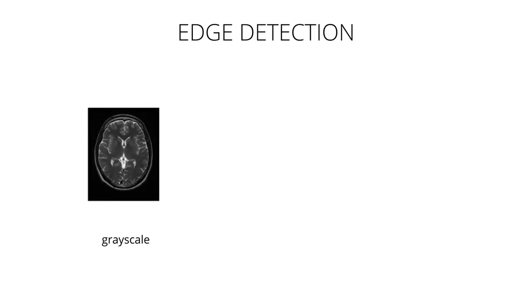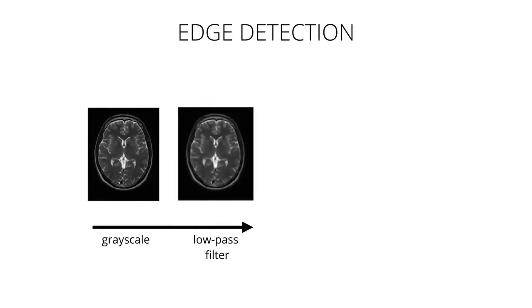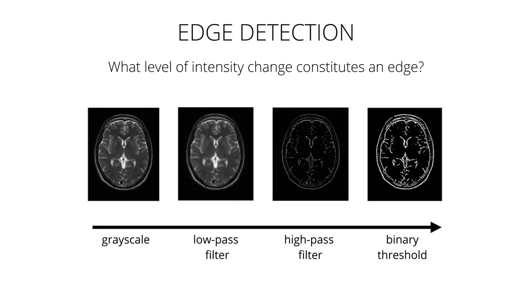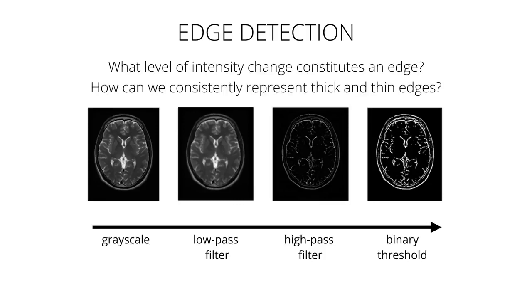Now, we've seen the importance of using both low-pass and high-pass filters for accurate edge detection. But even with these used together, edge detection is still a very complex problem. We have to think about what level of intensity change constitutes an edge, and how we can consistently detect and represent both thin and thick edges. One of the best and most frequently used edge detectors that takes all of these questions into account is the